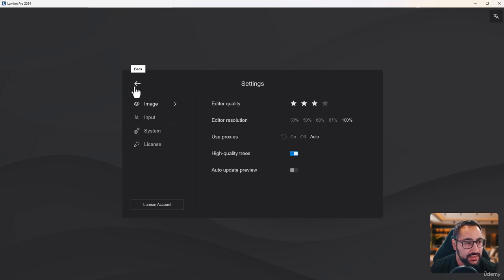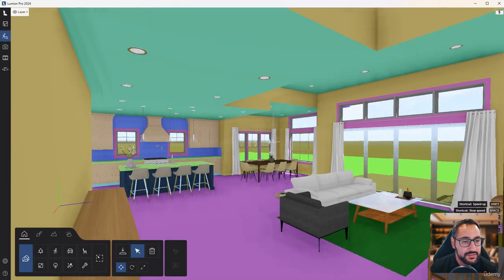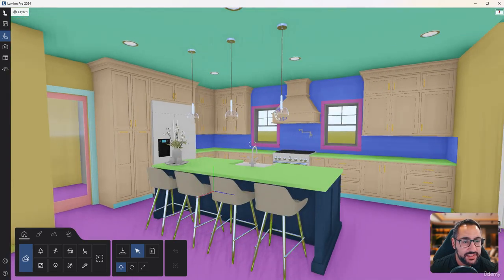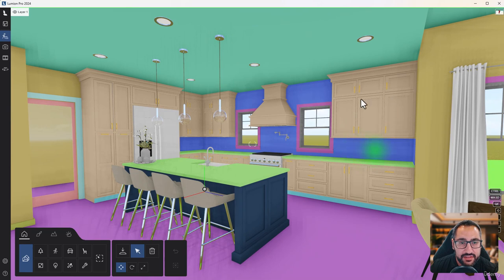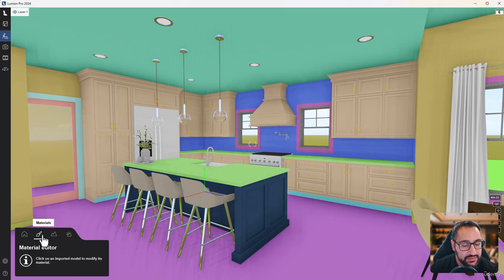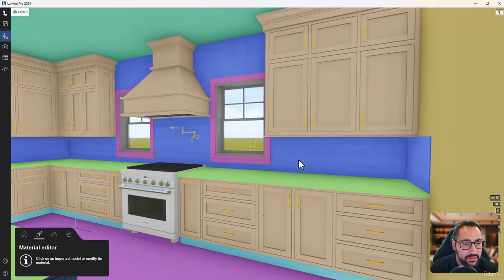You can also lower it here as well to boost your frames per second. Great. So now that we're here, let's go over here. What I was talking about was we've got our subway tile here. This is all going to be a white painted cabinet, and we're going to do some brass and a hardwood floor. So to get started, let's go over to our material mode and let's start with a